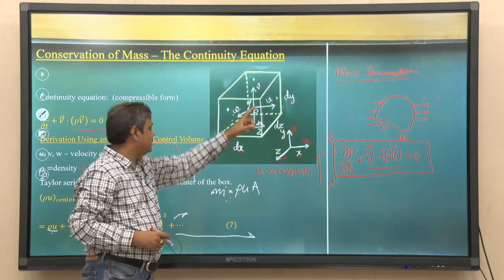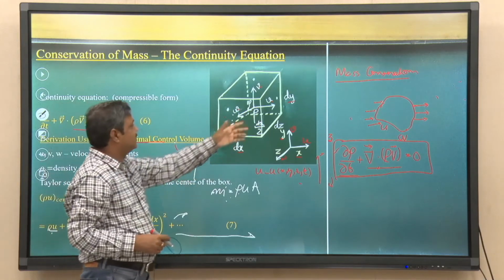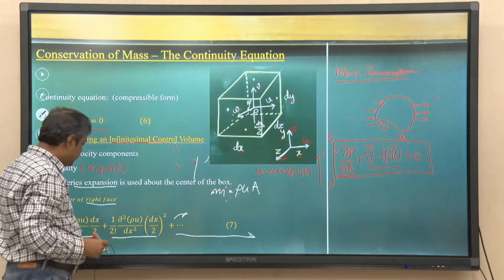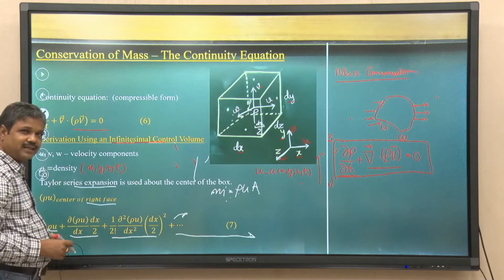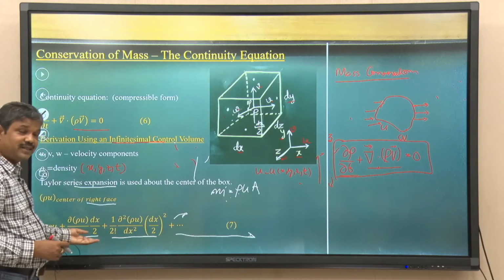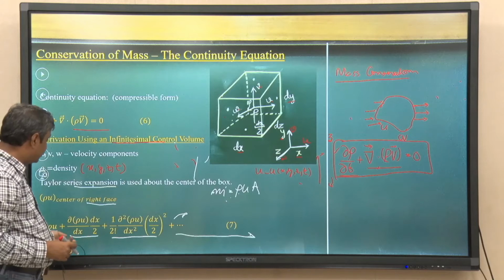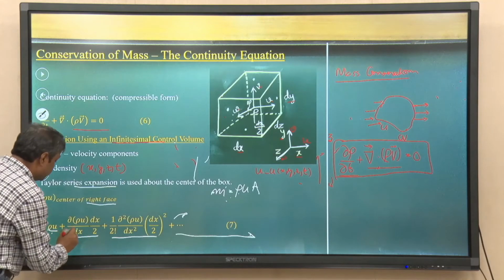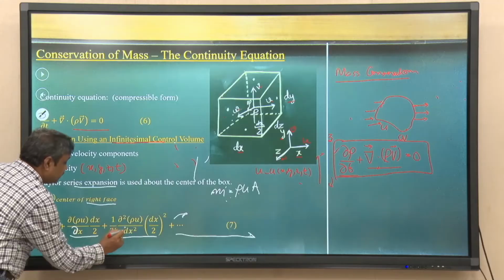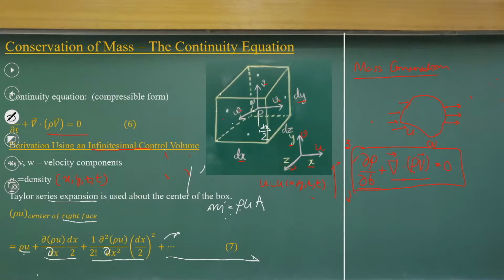What will be the mass flux at the right face? That will come from the Taylor series. For any function you can apply the Taylor series and get the gradient components, the first gradient, the second gradient and these terms. Now, if you look at these Taylor series components,